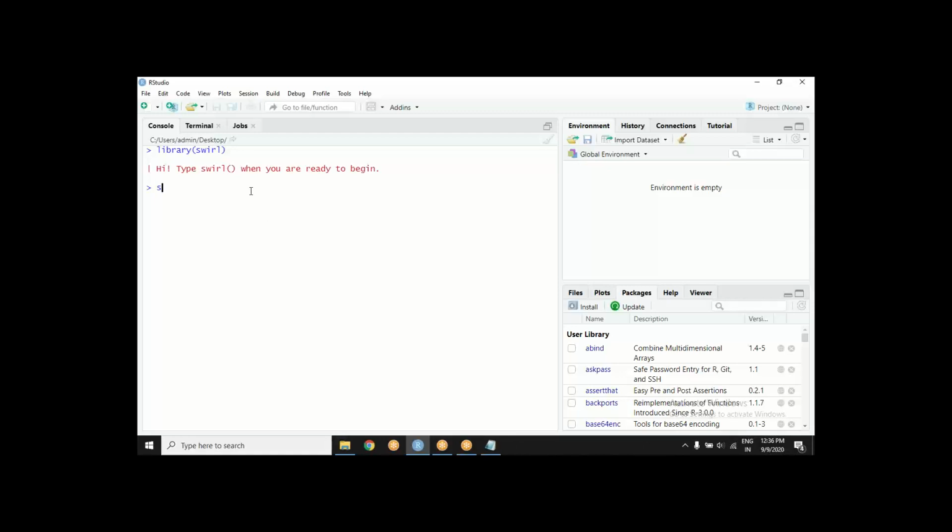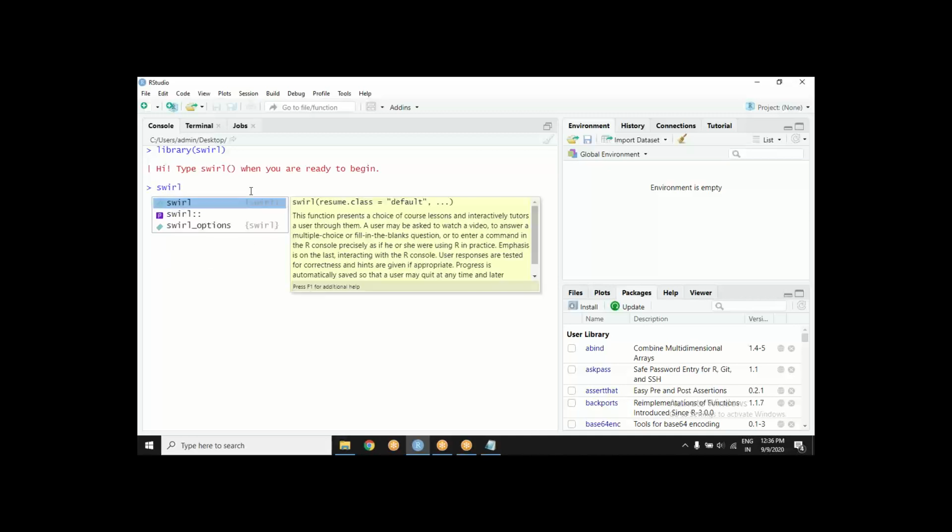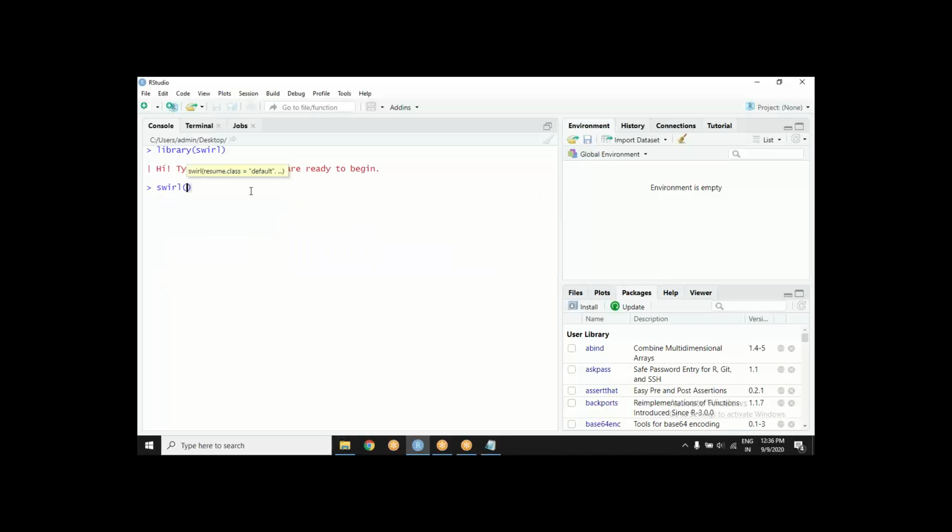Okay, let's go ahead. When you have time and you are ready to go for some practice, some fun, type swirl and enter. It tries to be friendly with you.